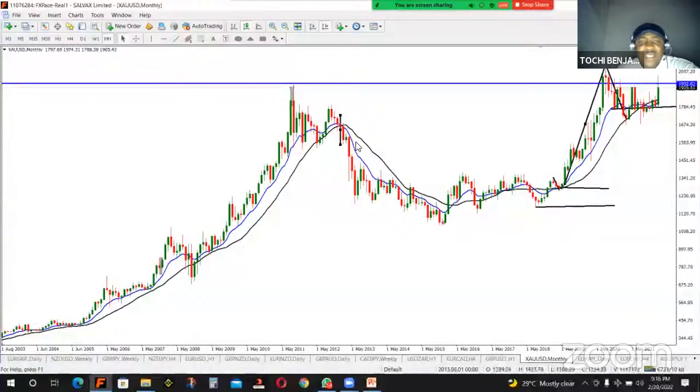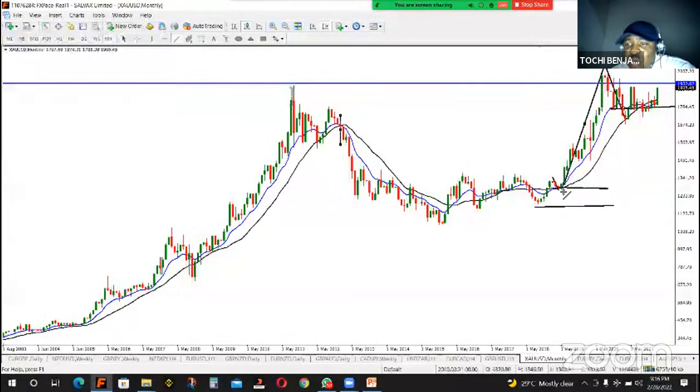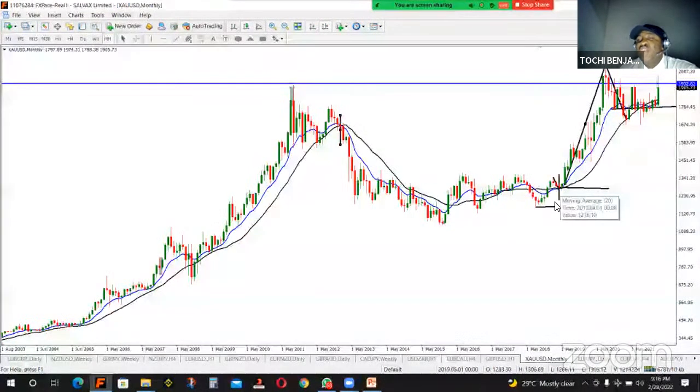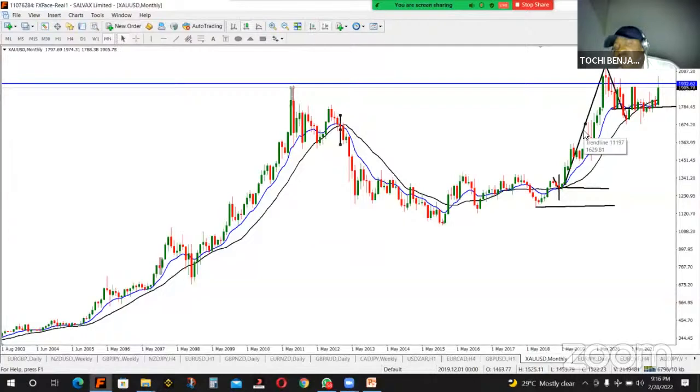Now the next one, look at it again, where it crossed it from below. Look at it here. It crossed it from below. Here is where I told you to enter for a buy the last time. Even without the moving average, I've just told you buy. At this point, when it crossed it, you initiate your buy. Remember, you must wait for that candlestick to close. So at this point, when it crossed it from below, it is a strategy for a buy.